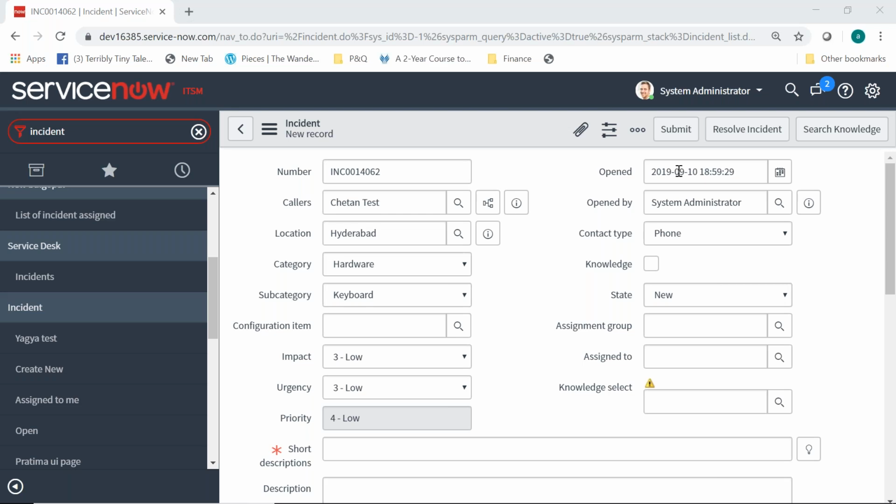If tickets are assigned to you, let's say suppose for example, if I am the technician and 10 tickets are assigned to me, I have to work on those and provide the fix. Which one will I prioritize? It will be based on the priority of the ticket. If I have a P1 ticket and a P2 ticket, always my priority will be the P1 ticket. P1 means critical, then the P2, then the P3, then the P4s. 4 means very low. So if in my bucket I have a P1 and a P2, I'll first put emphasis on P1, try to fix the P1, and then I'll go for the P2. Make sense?